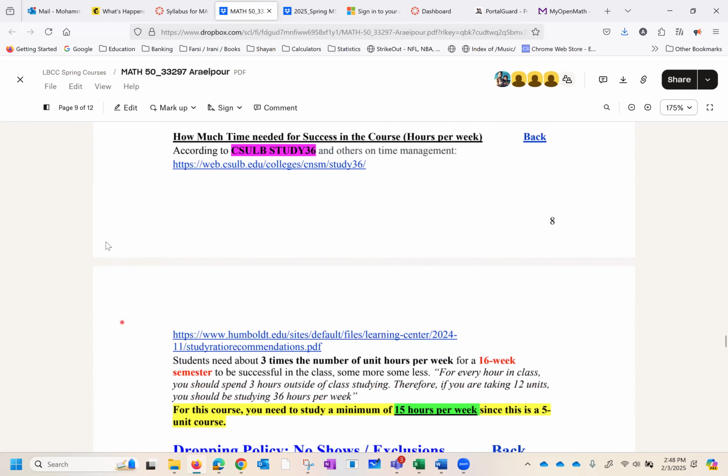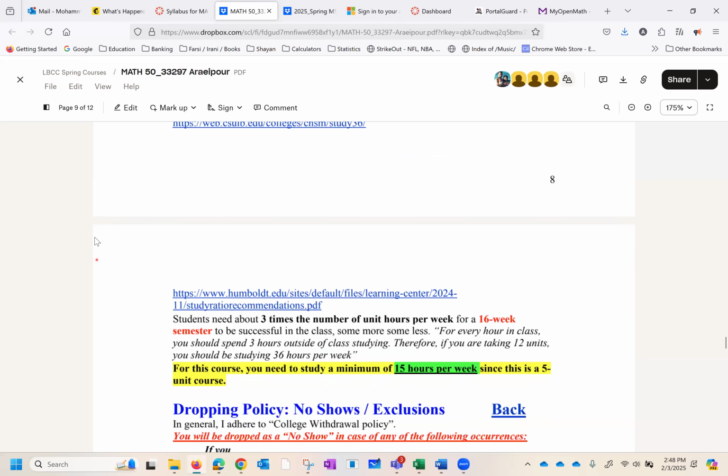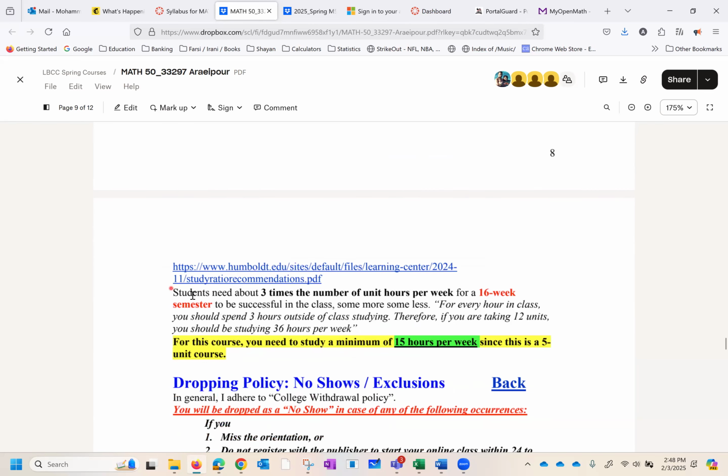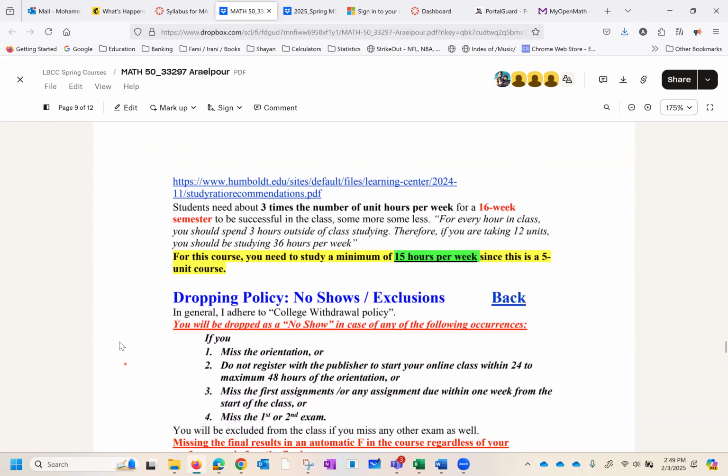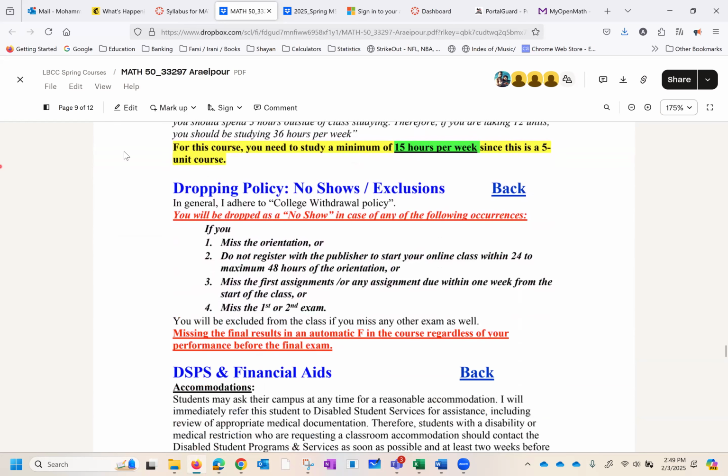What I think is interesting is the CSULV 36, and it says the following: students need about 3 times the number of unit hours per week for a 16-week semester. So what do we need? We need 15 hours per week because it's a 5-unit course, everybody, to be successful, to really understand and learn this course, and move on.